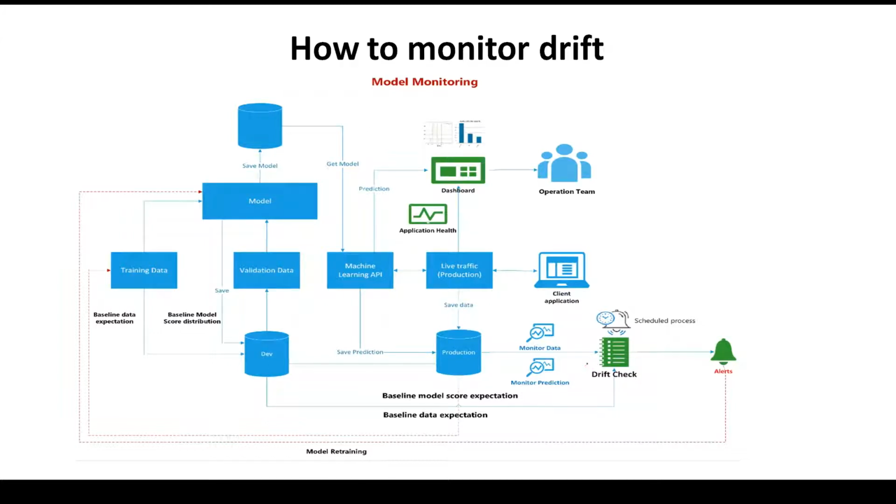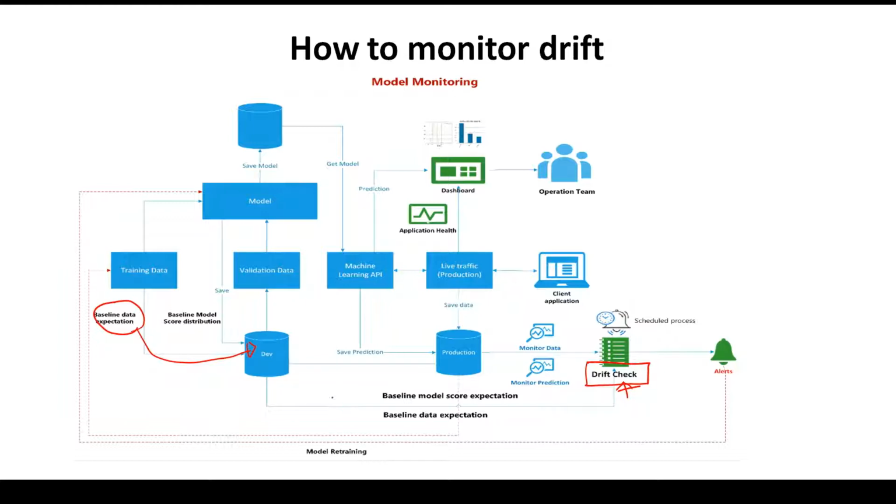In this video, we will focus on the data drift check process. In the last video, we saw how to generate data expectations based on all the columns and how we can store all those data expectations within my storage system. I showed how we can store them within the local file system, but we can easily configure the backend to store all those artifacts within cloud storage, which could be AWS S3, Azure or Google Cloud.